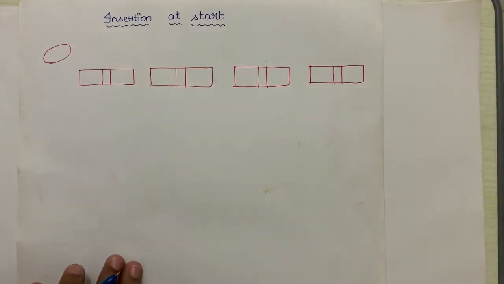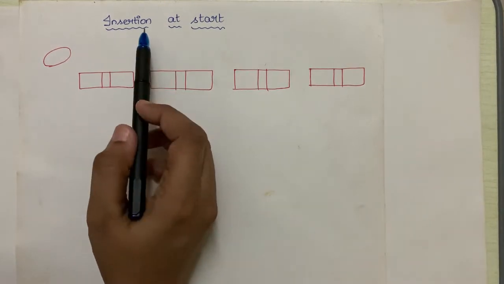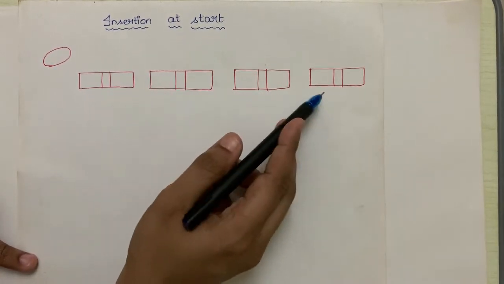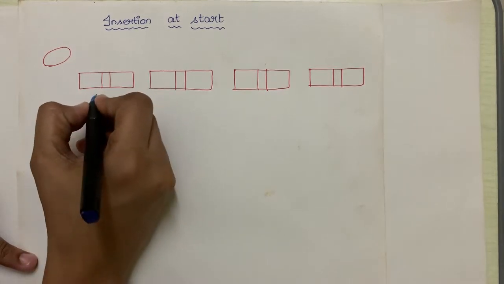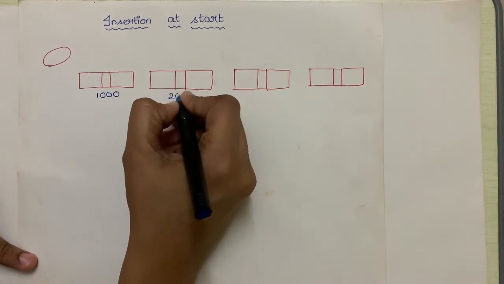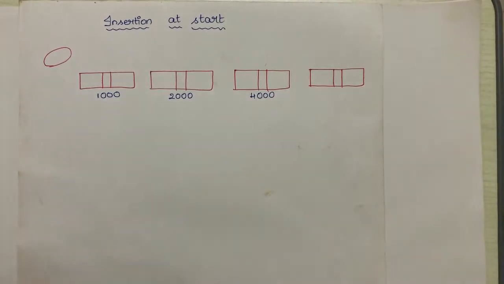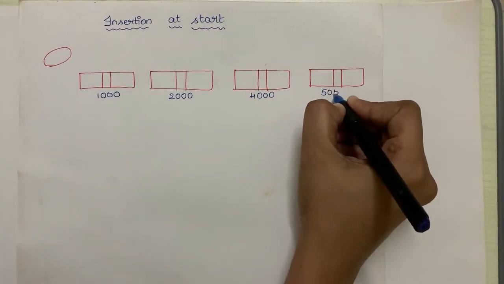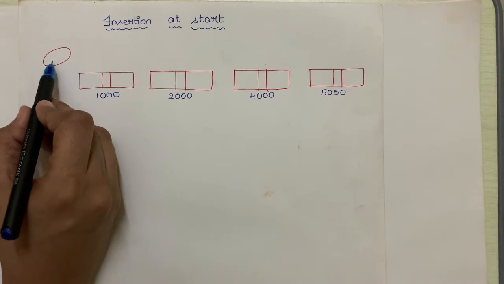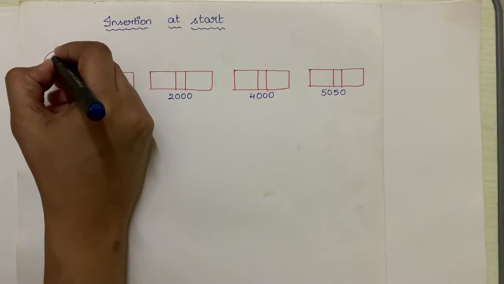In this video, I will explain how to perform the insertion operation in double linked list. The first one is insertion at start. So if you consider this as our current double linked list, let us fill up the fields. Each and every node is stored at some address in the memory. And now, the property of the header node is that it should and must store the address of the first node in the double linked list. So 1000 is stored in the header node.